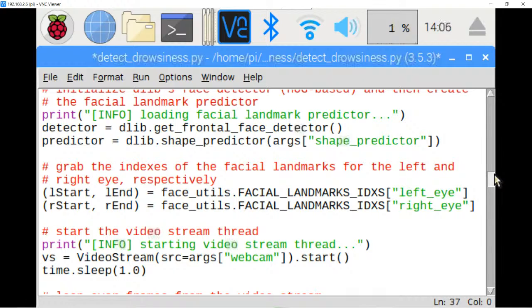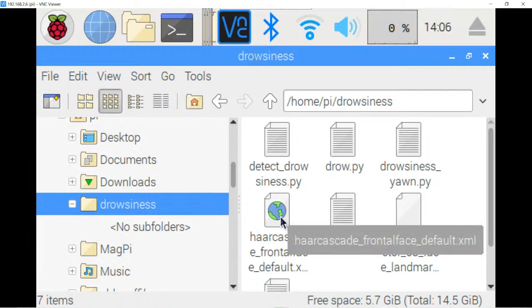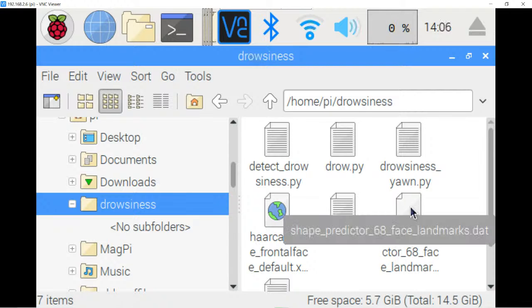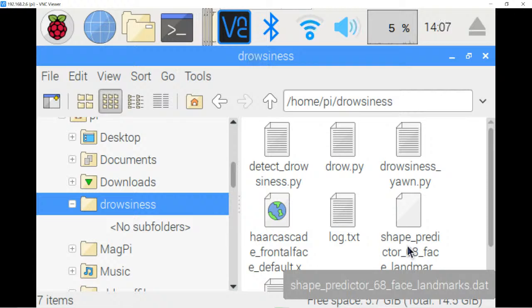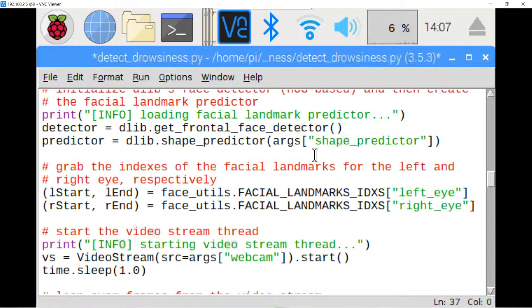So I load the detector called shape predictor. This is a Haar cascade XML file which will detect the face, and this is the shape predictor which will identify the 68 facial landmarks on your face. I call this entire 68-point shape predictor into the code, and in the same way the Haar cascade files, the two codes I called. So here I just call the shape predictor,